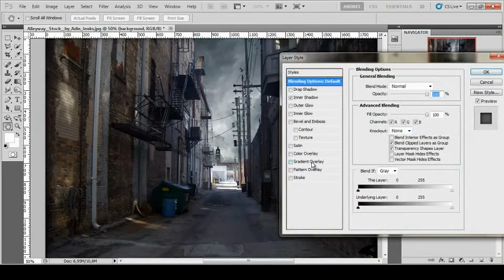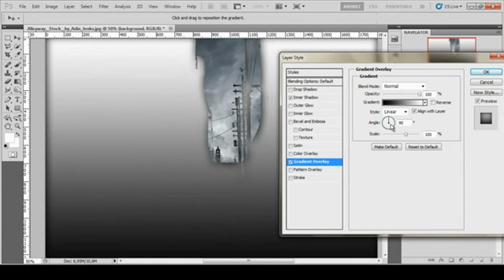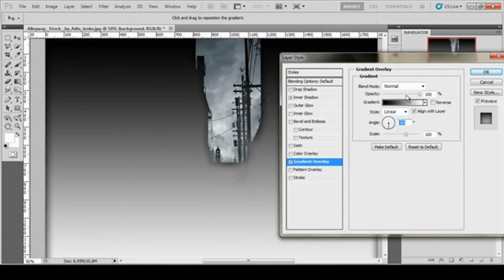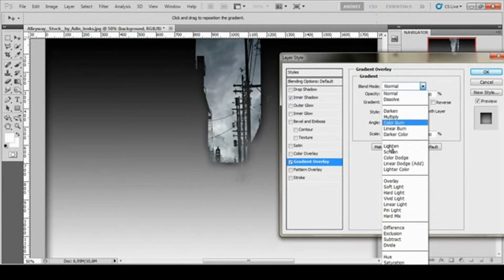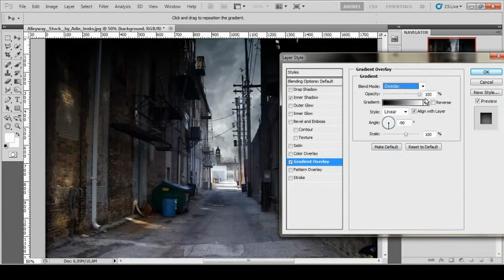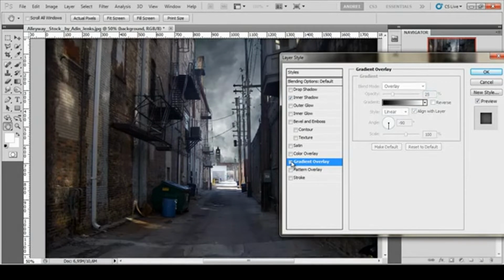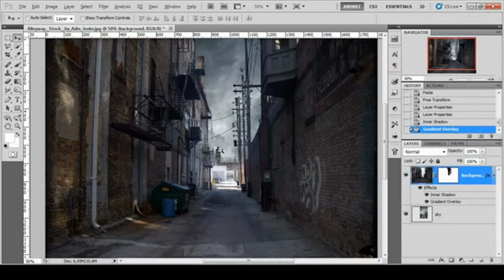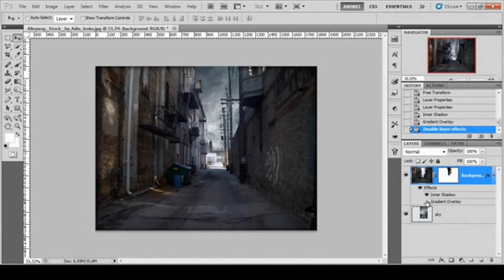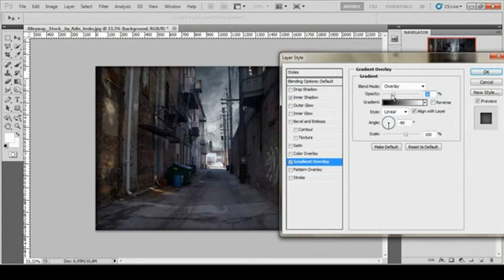So what I did is I used the gradient overlay style, and I used a -90 degree angle, and used this gradient, set the blend mode to overlay, and then set the opacity to about 25%, and that way we add even more darkness here on the top, as you can see, and we kind of shift the light. Let me zoom out a bit so you can see. If I deactivate the gradient overlay, you can see now the top is darker and this part is brighter just a bit. So we kind of shift the light, and if you want more effect, just increase the opacity a bit, but